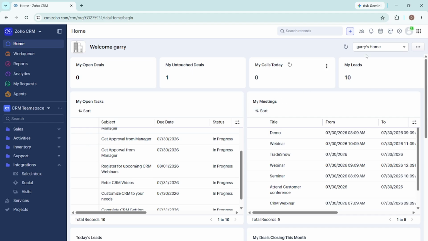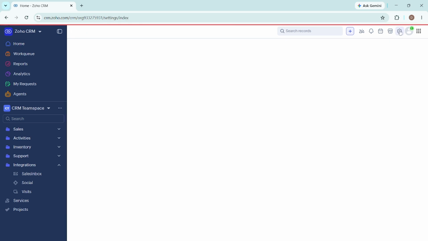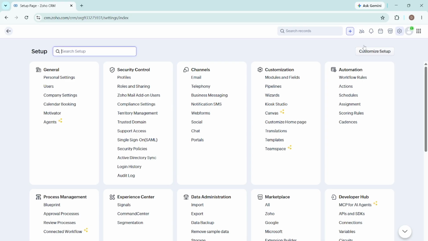First, open your Zoho CRM account and look at the top right corner of the screen. You should see a gear icon there, which is the Setup menu. Go ahead and click Setup, the gear icon in the top right. Taking this step is necessary because the delete option is found in the Settings area, not in the main CRM workspace. When you click it, you will be taken to the Administrative Configuration page where account and company controls are